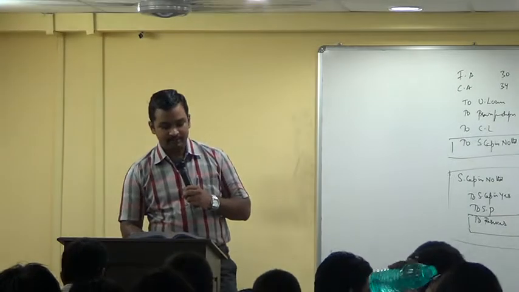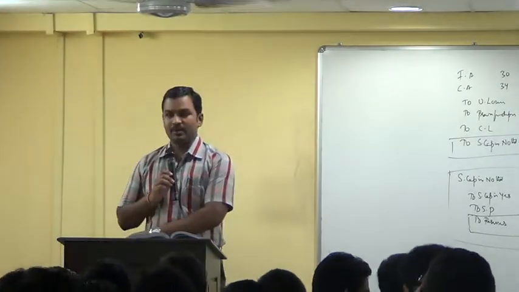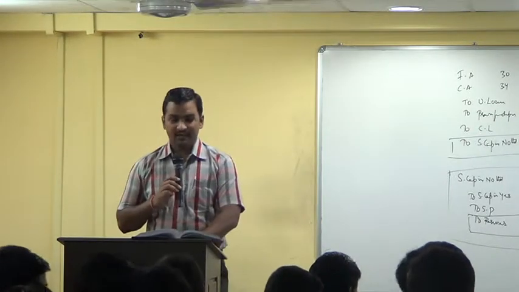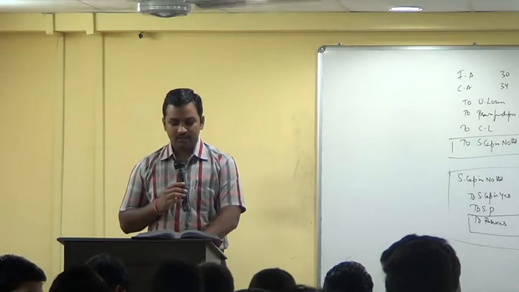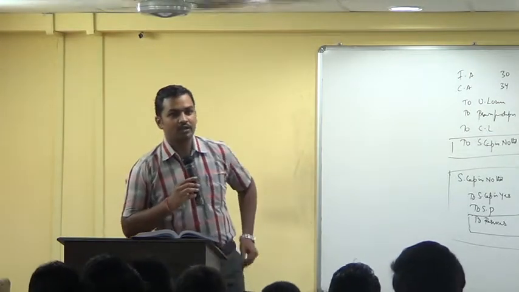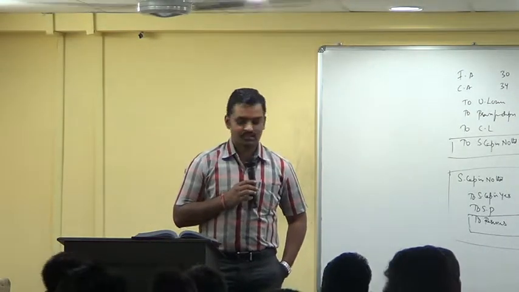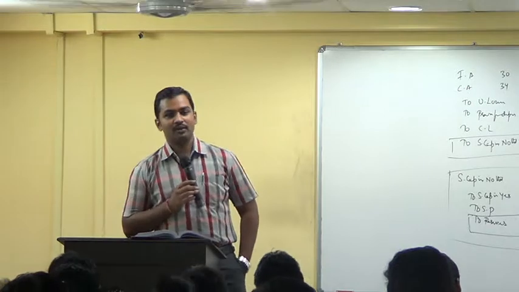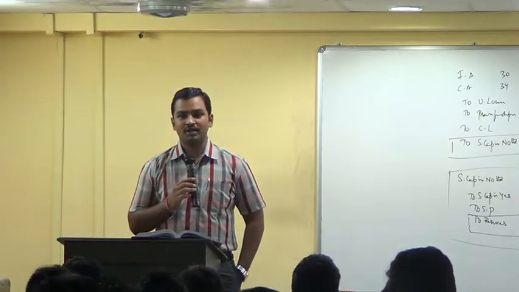6.24, problem number 9. The following is a summarized balance sheet of A Limited as on 31st March 2012. Sundry assets, discount on issue of debentures, profit and loss account, debit balance. Discount on issue of debentures and P&L account, debit balance are all fictitious assets. They are actually not assets, but we don't find any other place to show it in the balance sheet. So we are trying to show it on the balance sheet.